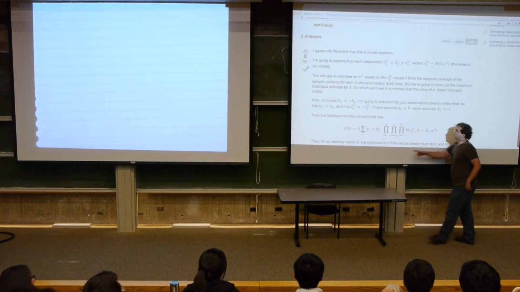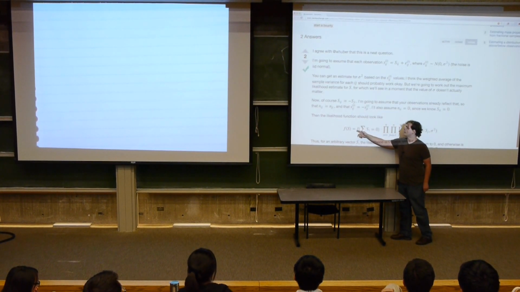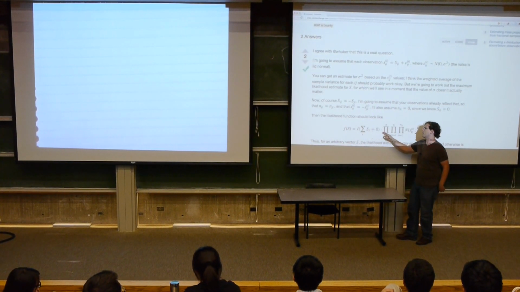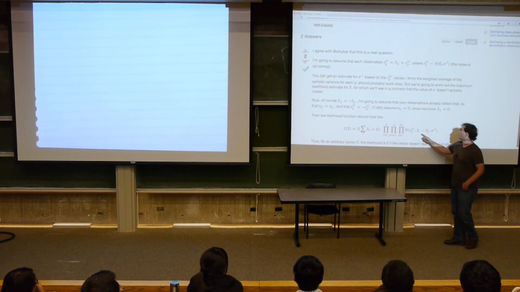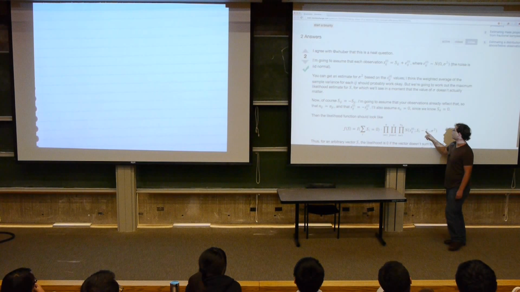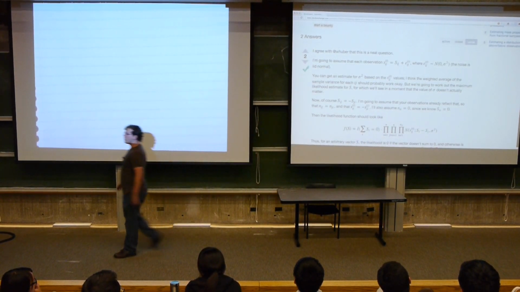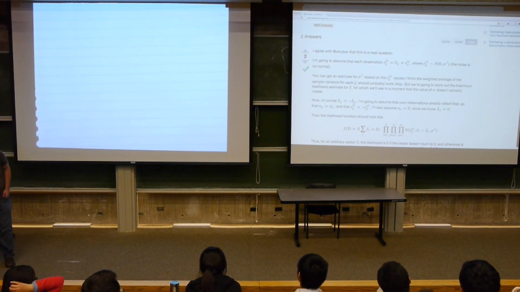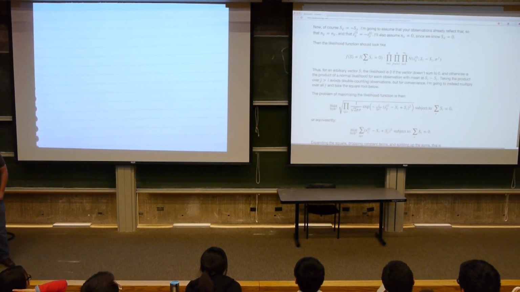For a particular sequence, the probability density is 0 if it doesn't add to 0, and otherwise the product of a bunch of normals: the normal of your observation around the difference between the two, with some variance that you don't know. And then you can maximize that. So this likelihood function is not convex. But the log likelihood,